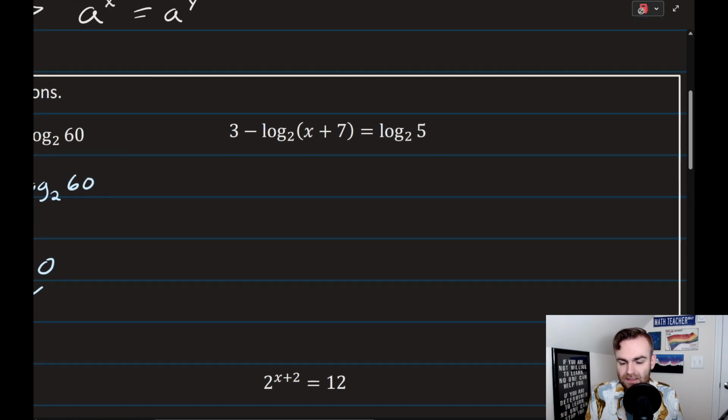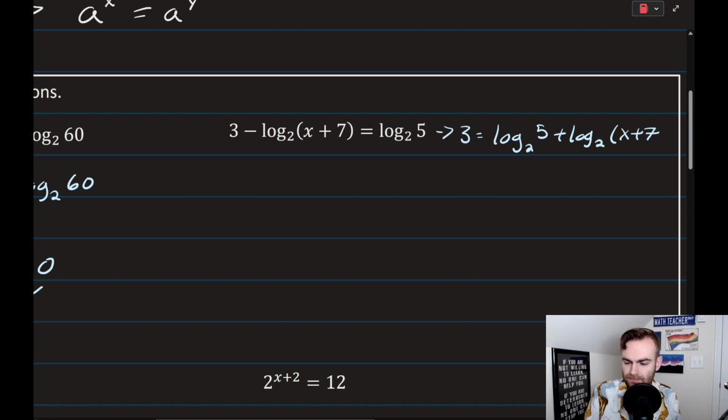Here we have another logarithm is equal to a logarithm, but we have this 3. This 3 is not a logarithm, though. We don't really have a rule for combining non-logarithmic expressions and logarithmic expressions. So we need to instead move this logarithm to the right-hand side. So what that would look like is 3 equals log base 2 of 5 plus log base 2 of x